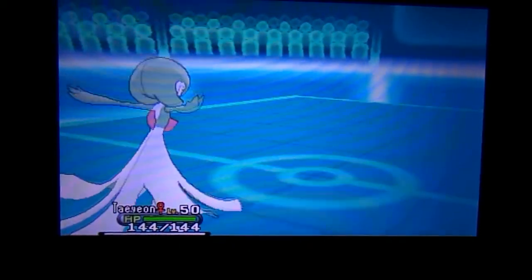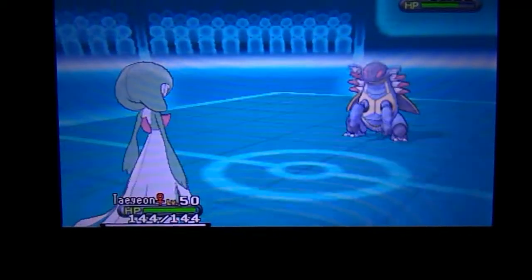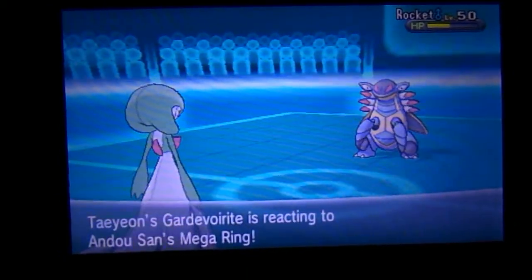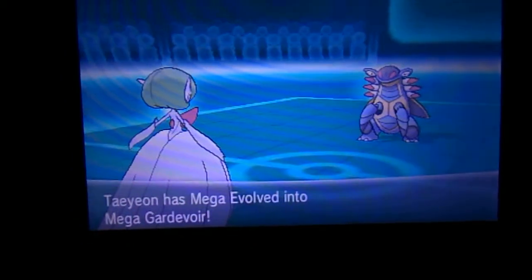Tailn comes out. Rocket comes out. Takes another super effective Stealth Rock entry. That didn't make much sense, but whatever. I Mega Evolve and just go for a Moonblast because I'm quite confident I can take it out. I'm not positive, but...